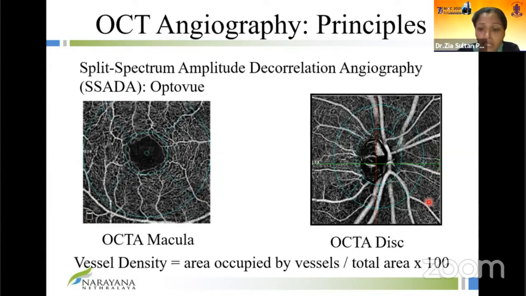entire image. Now, the parameter that we most often use in OCT angiography is the vessel density, and this is nothing but the area occupied by vessel, that is the white area, upon the total area into 100. So the value is given as a percentage. So if you look at this inside disk area on the disk map, for example, you can see only about 30% of the area is white. So that's typically what we see in an inside disk area. Whereas if you look at the whole image, you would say that about 60% of it is white and the remaining is black. So this is how vessel density is calculated.